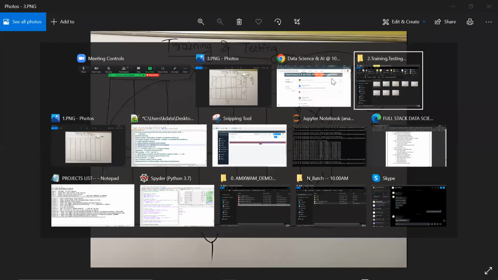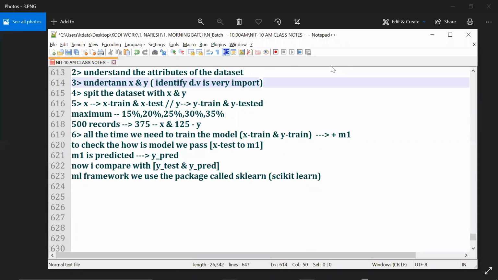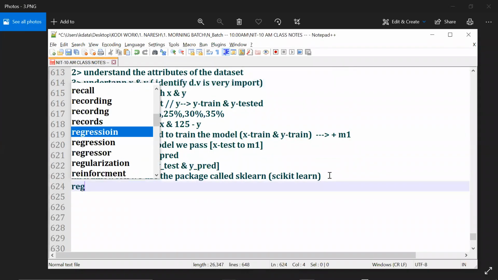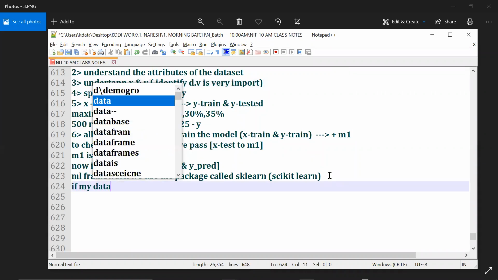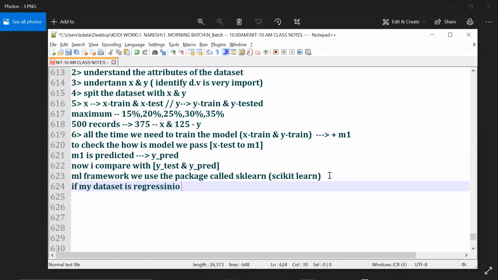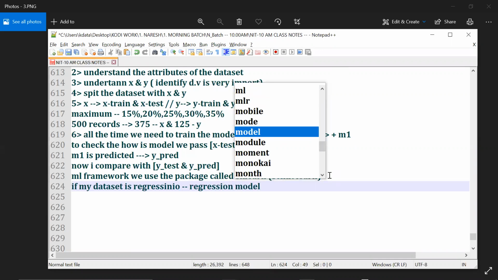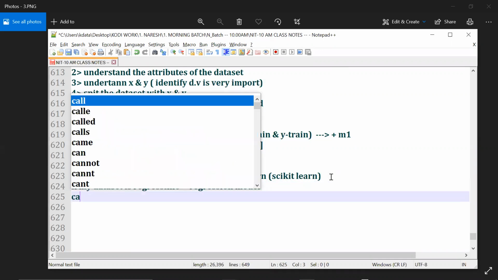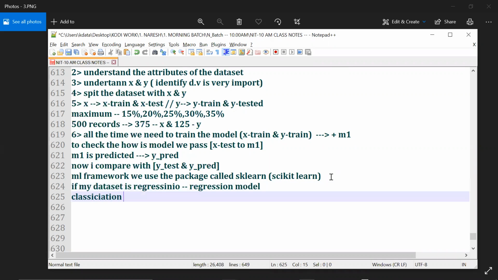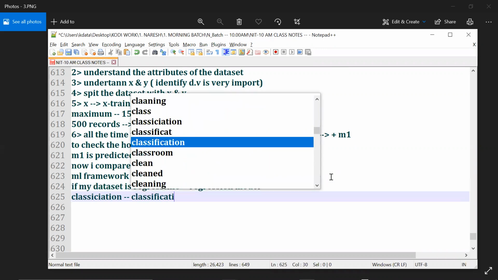If my data set is regressions, then I call it a regressions model, simple. If my data set is classifications, then I call it a classifications model, guys.